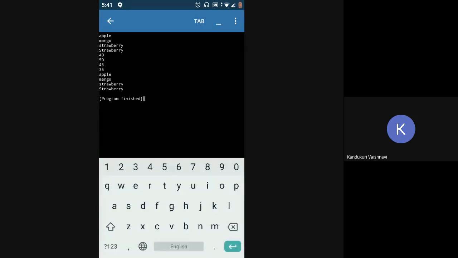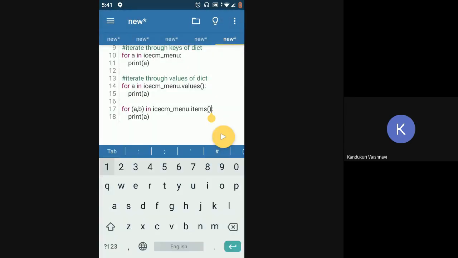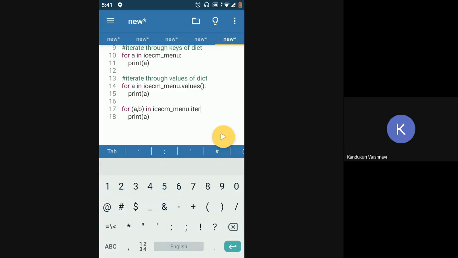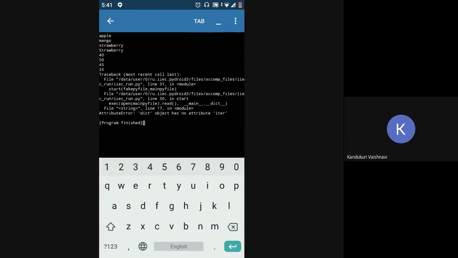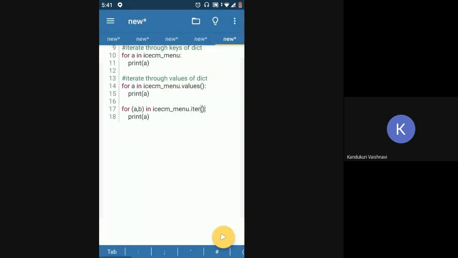Let me just print and check if this is right. No, it's not. That's iter maybe. No, just a minute.